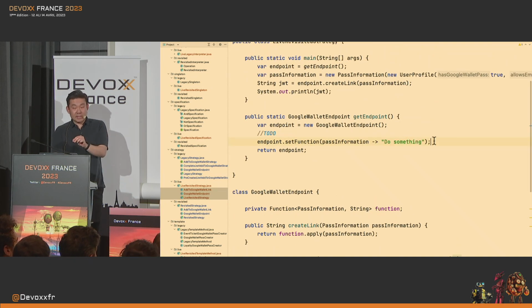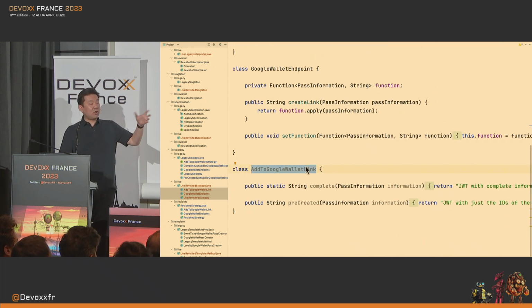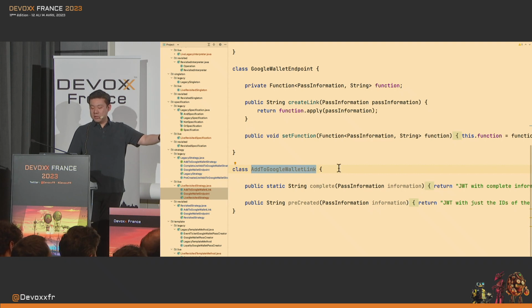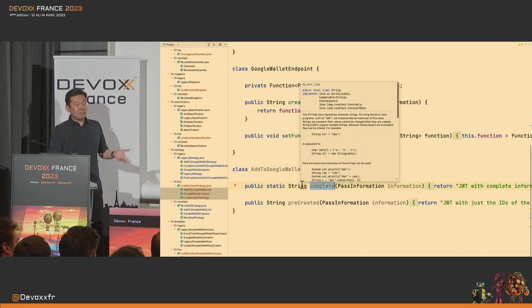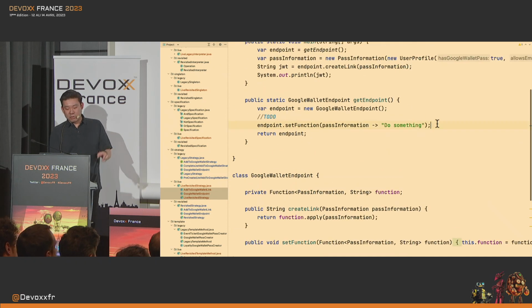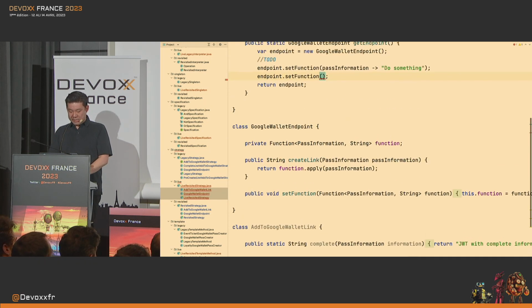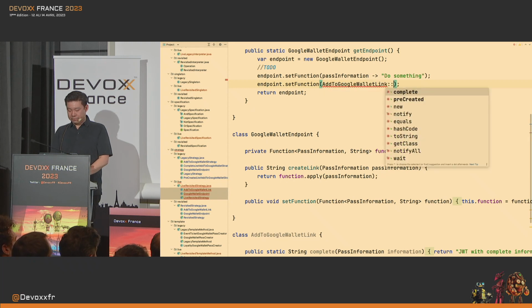You can get this particular code, you create a class. For example, here I can have all the implementations for this particular strategy as different methods in my code. I can create static methods, the complete jot. I type multiple lines of code in these static methods, and I use a method reference here. Instead of just creating a lambda, I can create here the name of the class, add to Google Wallet link,